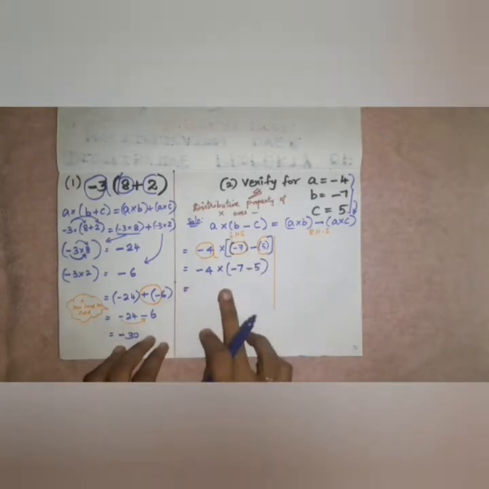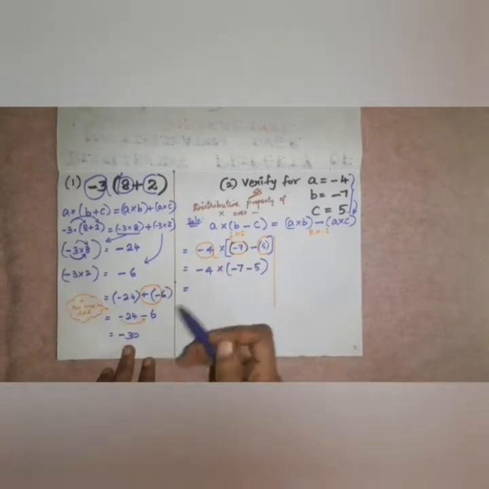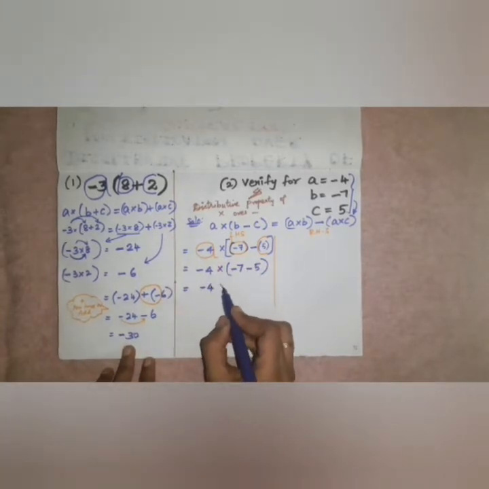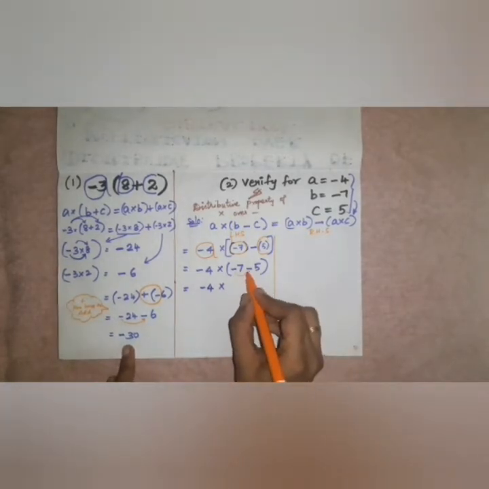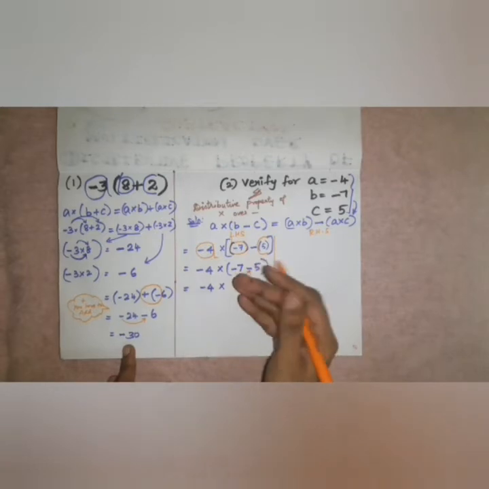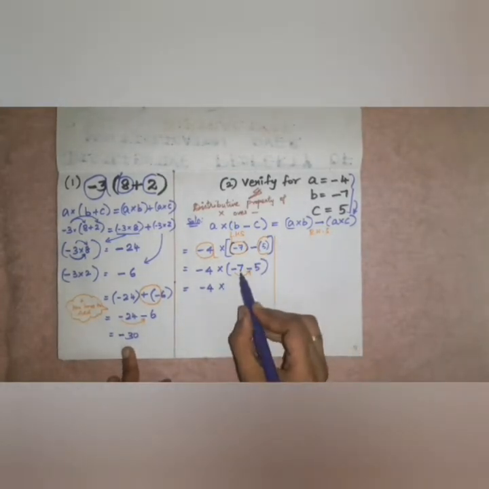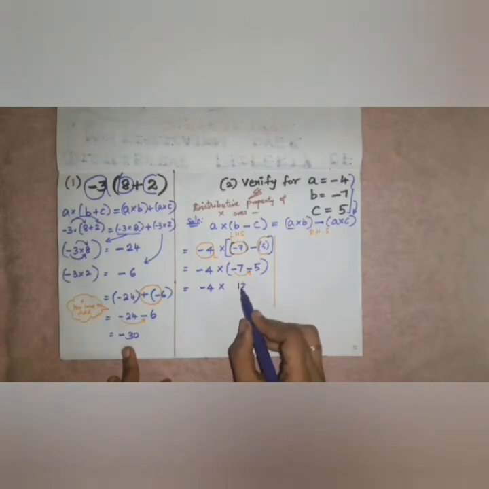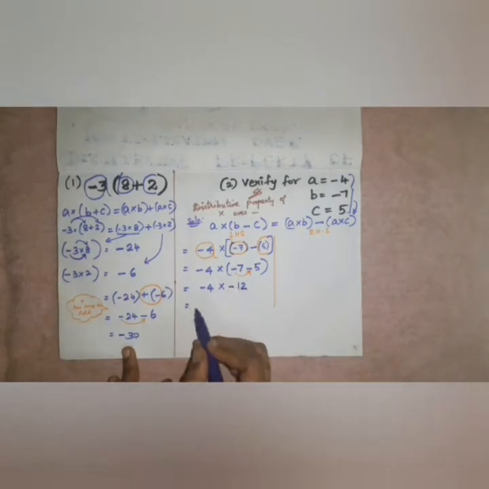So if you do the brackets, minus 4, integer calculation over there, then we will multiply with minus 4. Minus 4 into, let's see, minus 7 minus into minus plus, so you have to add. If you add 7 and 5, you get 12. Which is the greater number there? 7 is greater, which has minus, so minus. So minus 4 into minus 12.